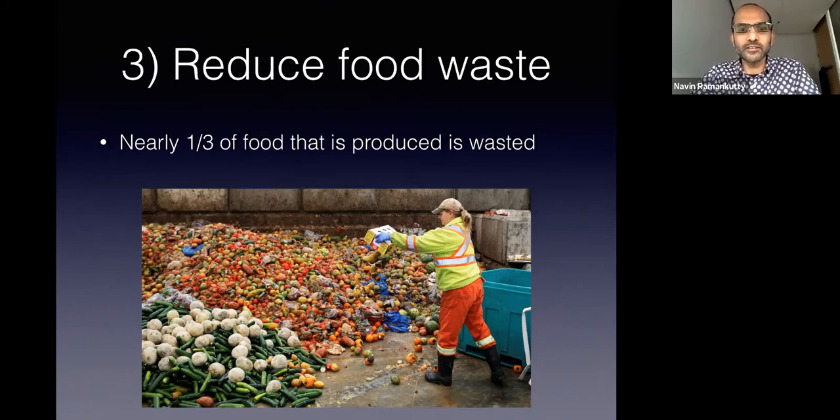Yes, that's 1/3 of the food that we produce on this planet. We take all this water and fertilizers and land to produce this food, and then we throw it away. We throw it away sometimes because the food rots before it gets to the plate, but a lot of times we also throw it away because we don't finish our food. So those of you in high school who are thinking about whether to finish your lunch today, think about this problem as well.